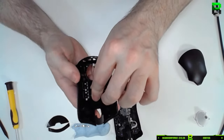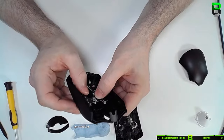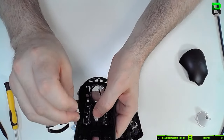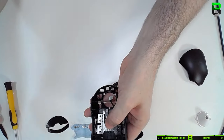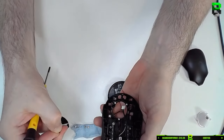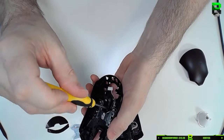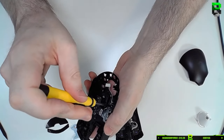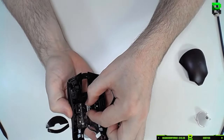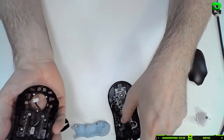I'm trying to find the right spot. One thing you have to try and get on these is you have to make sure the button's fully in before you can do it, because it just gets in the way otherwise. We can definitely get away with only 2 screws in this, I reckon. Doesn't need 4. It's a bit of overkill. Every bit counts, right? It shouldn't sag. It's pretty firm. Ain't gonna go anywhere. If you were worried it was gonna drop,